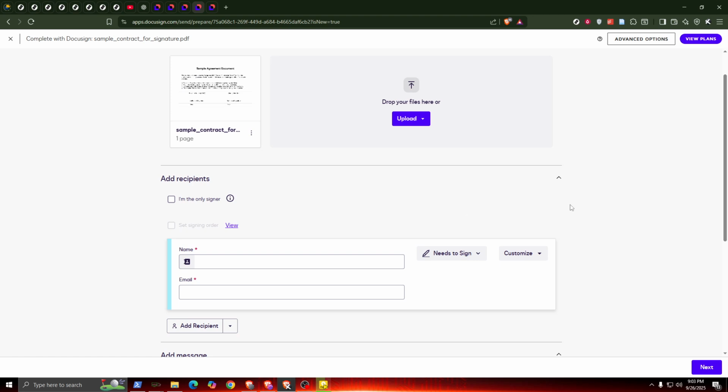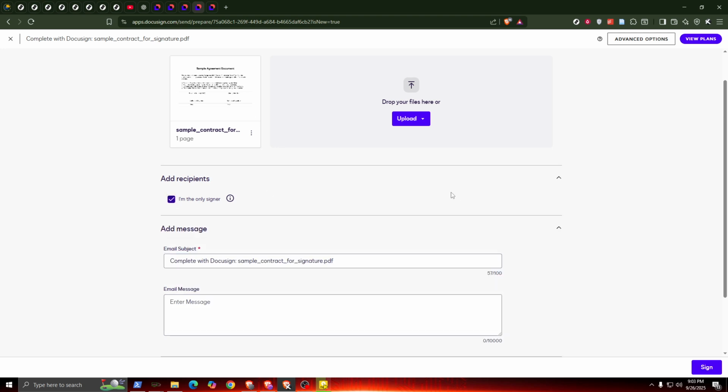If you're the only one signing the document, you'll want to check the box labeled "I'm the only signer." This simplifies the process by setting you as the sole signatory. Once that's done, scroll to the bottom left corner and click on the Sign button. This action takes you to your document preview, giving you a first look at everything and confirming it's all in